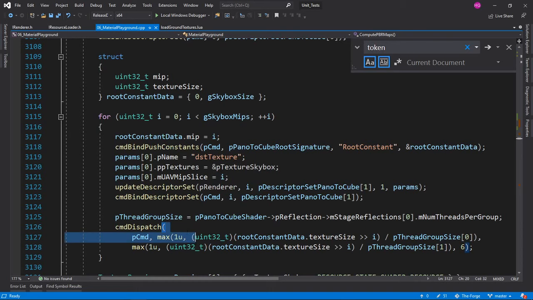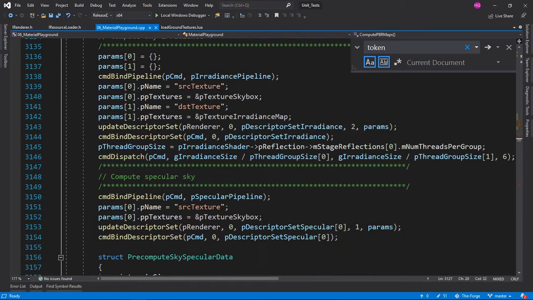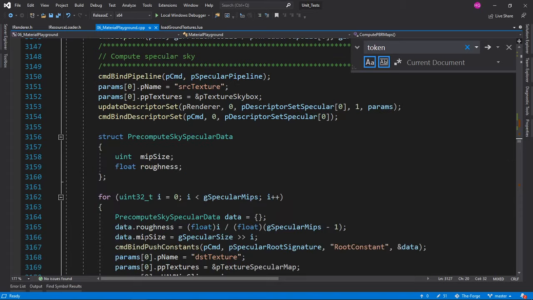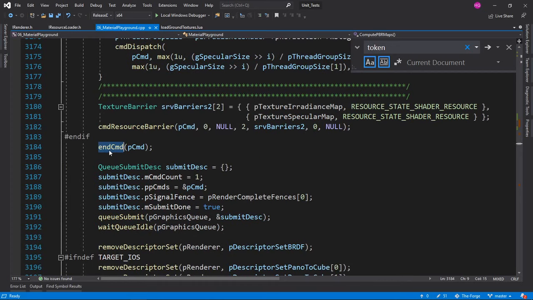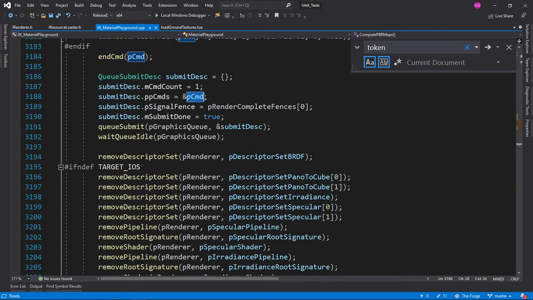We're dispatching some commands, and let's see where it actually starts executing commands. So this is one command here. It ended the command right here. Submit descriptor, queue submit descriptor. So it's putting the command in the queue here.